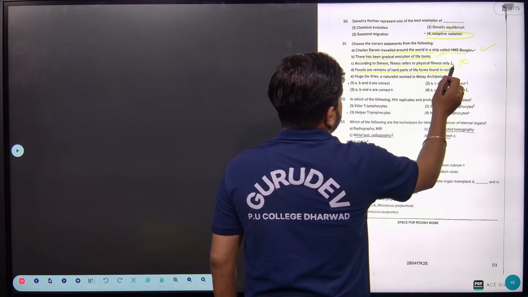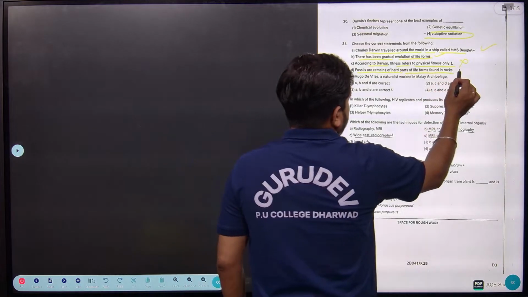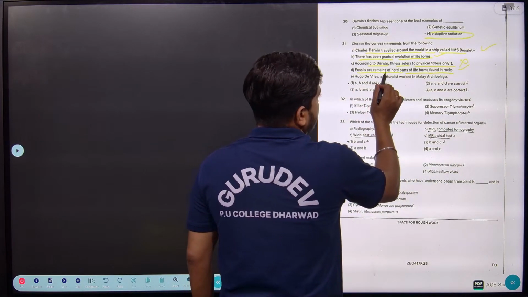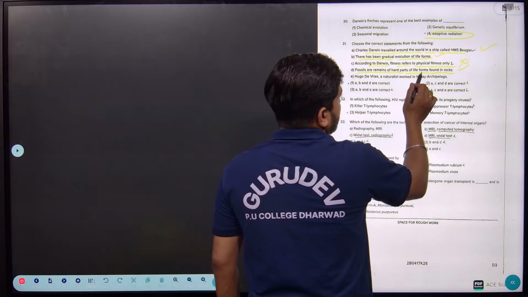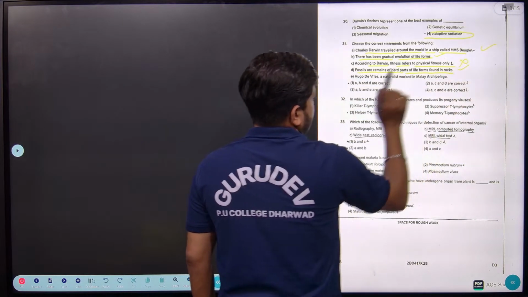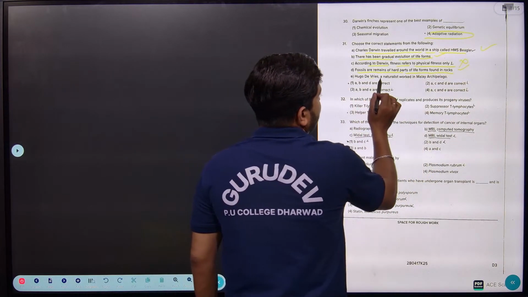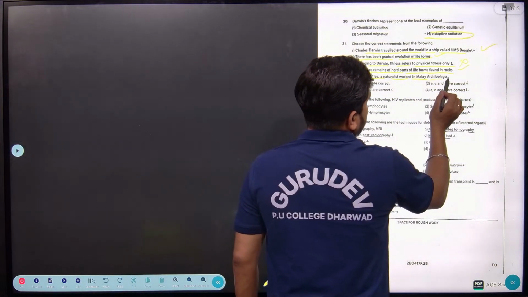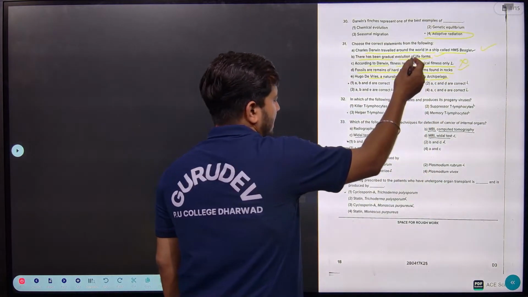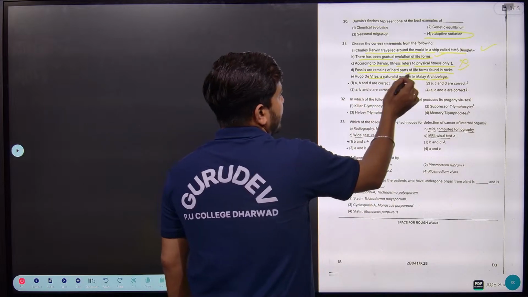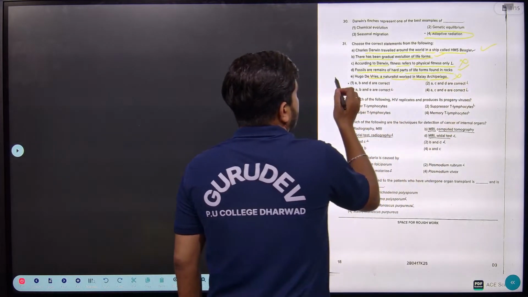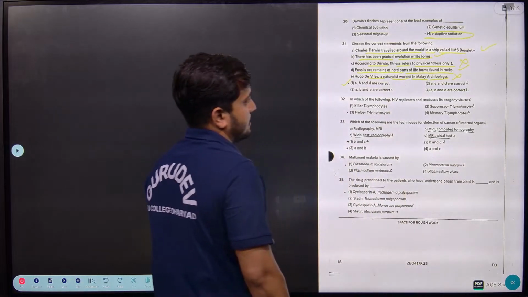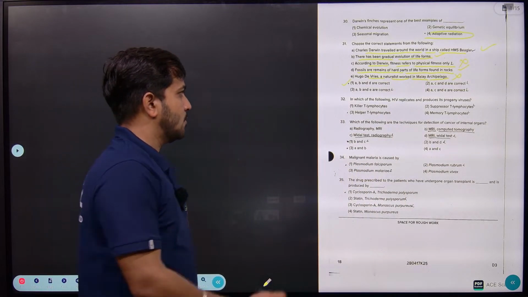Sorry, this is correct actually, understood? Here the fossils are remains of hard parts of life forms found in the rocks. That is correct here. Then Hugo de Vries, a naturalist, worked in the Malay Archipelago, right? So this is wrong. So here the answer is A, B and D are correct, right? So that is what you will find.